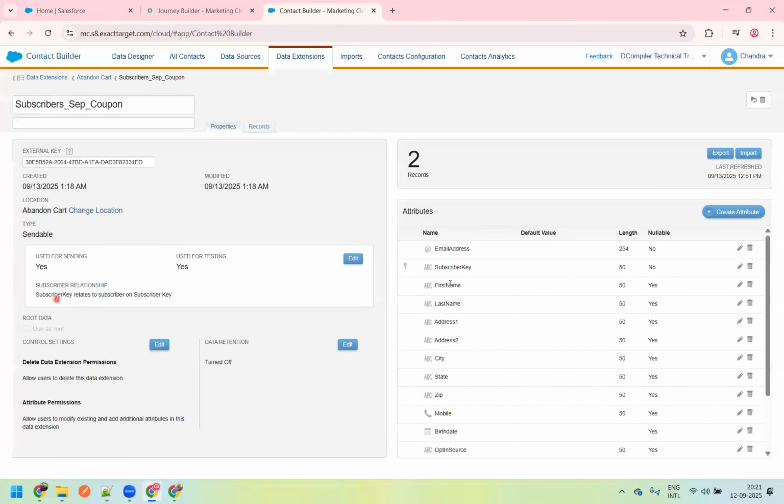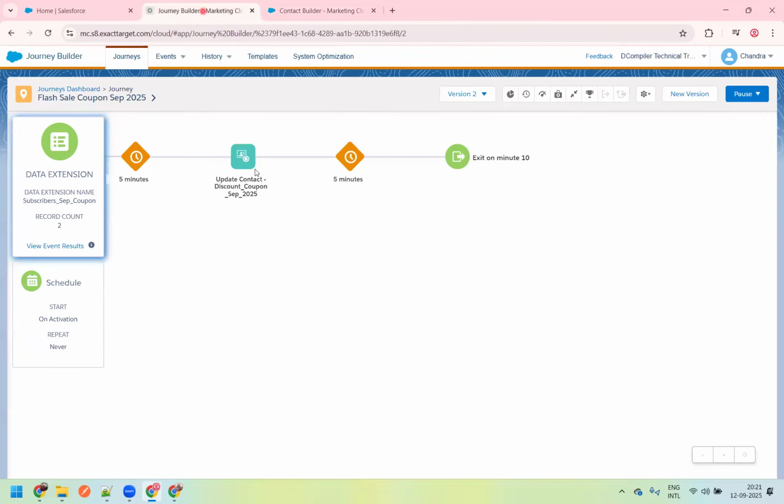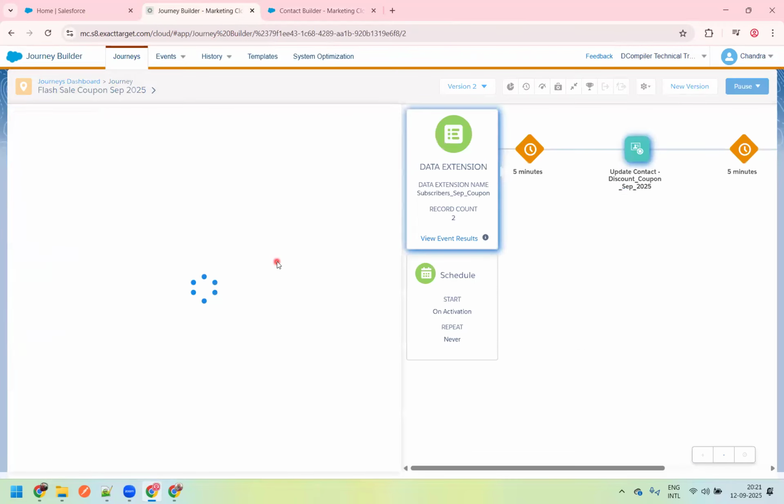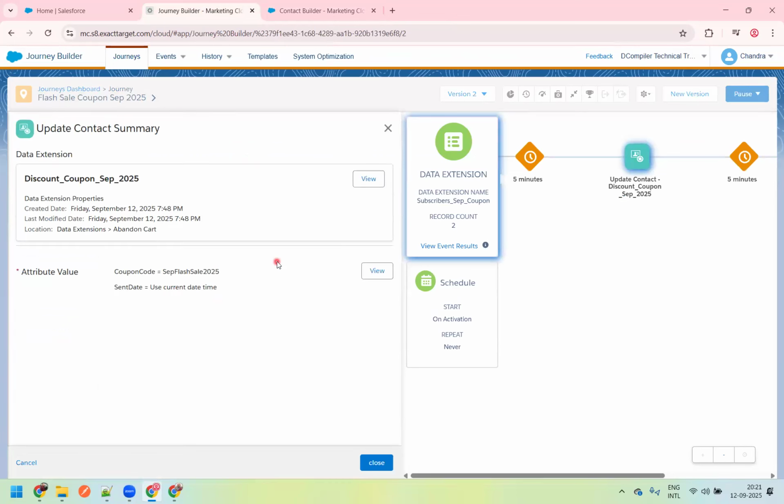And this subscriber key, which is this column, is stored as a contact key. Now, this key, which is stored as a contact key from this activity, will capture only two pieces of information, right? Where is the contact ID coming from? This data extension